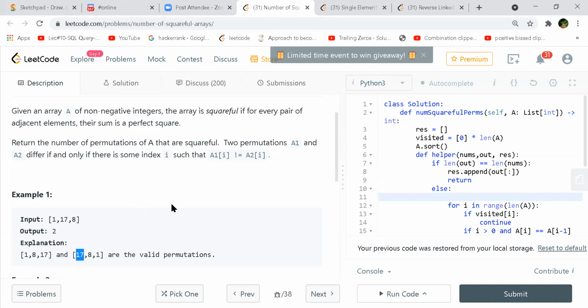Because we have 2 permutations, A1 and A2 differ only in some index, and adjacent numbers, when you add the two, should give a perfect square. Yeah, in that case, we will pick 2, right?